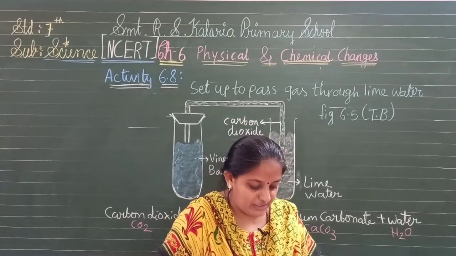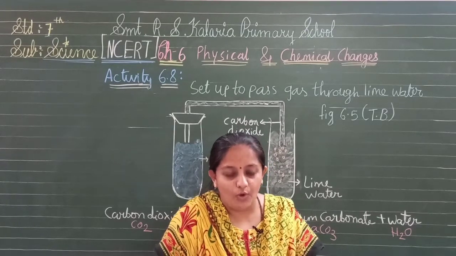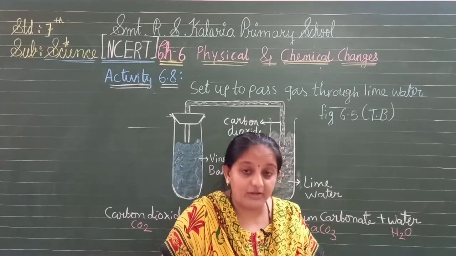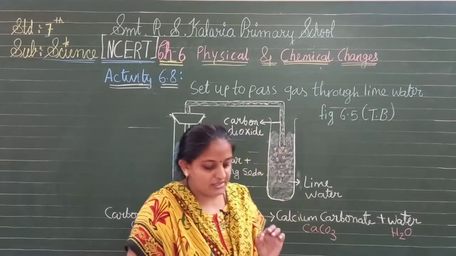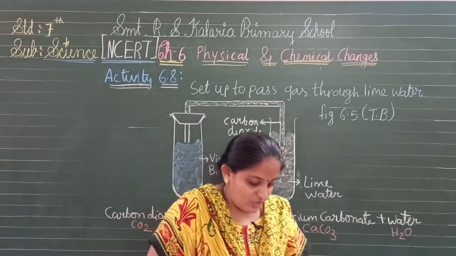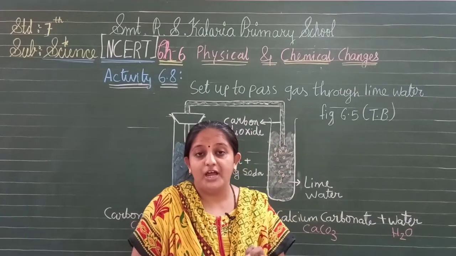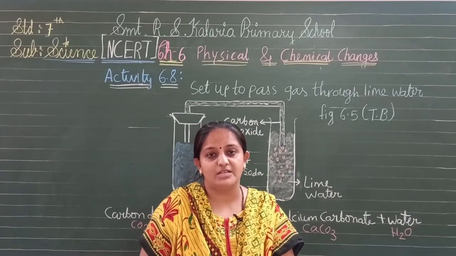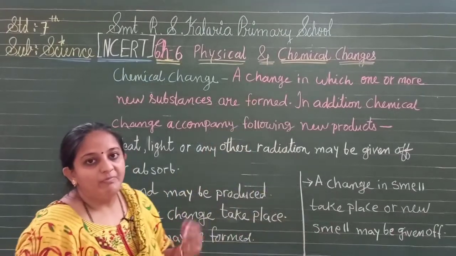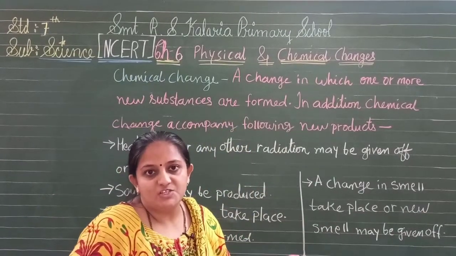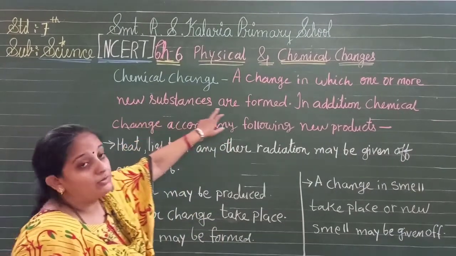Now, useful new materials such as plastics, detergents, and washing clothes products are all produced in chemical reactions. Indeed, every new material is discovered by studying chemical changes. So we have also seen that one or more new substances are produced. A chemical change is a change in which one or more new substances are formed.